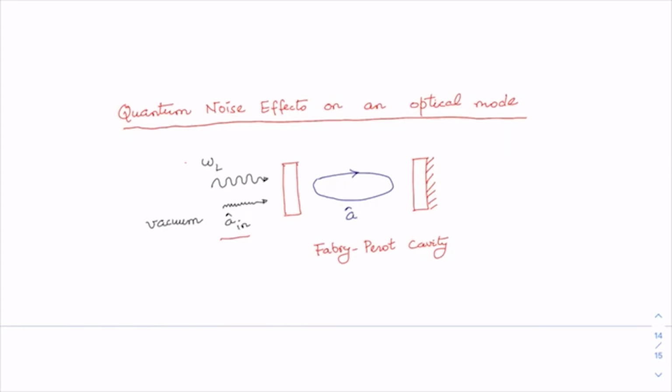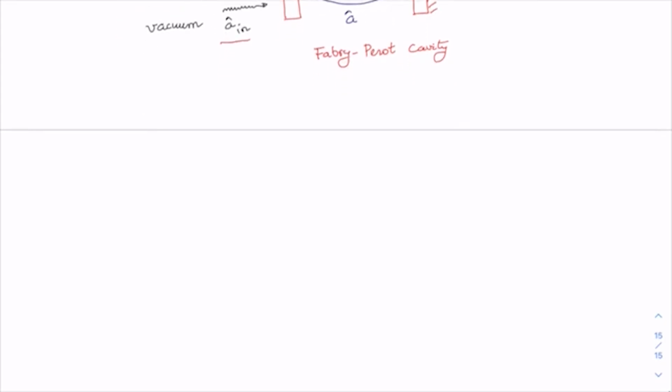where one of the mirrors is perfectly reflecting, say this one is perfectly reflecting, while the other one is weakly transmitting. We'll begin our analysis with a Hamiltonian that I'm now going to write in the Heisenberg picture. Let me first write down the full Hamiltonian. H is equal to h cross omega optical A dagger A. This is the Hamiltonian which denotes the energy of the optical mode in the cavity, where omega optical is the